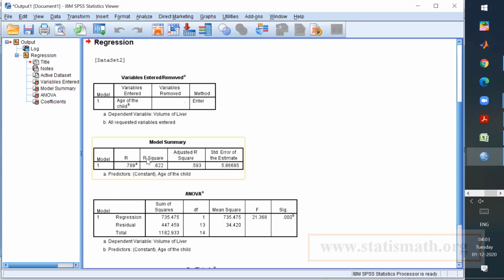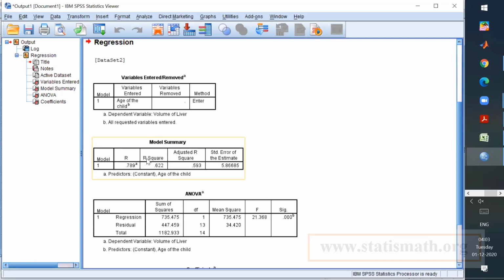See, the sign will change the entire thing. If you give that, the doctors will mock you, if you're working as a biostatistician. If you say that when the child grows the volume of the liver also must grow, you see the contradiction now?